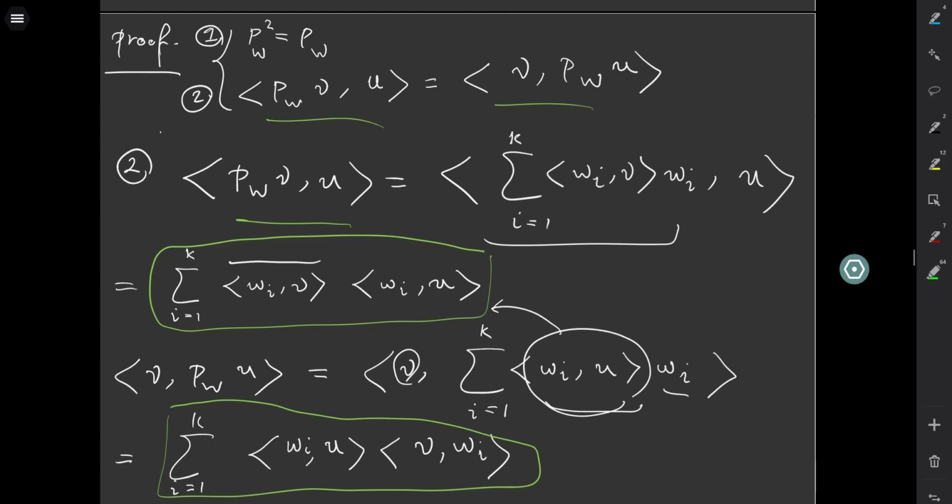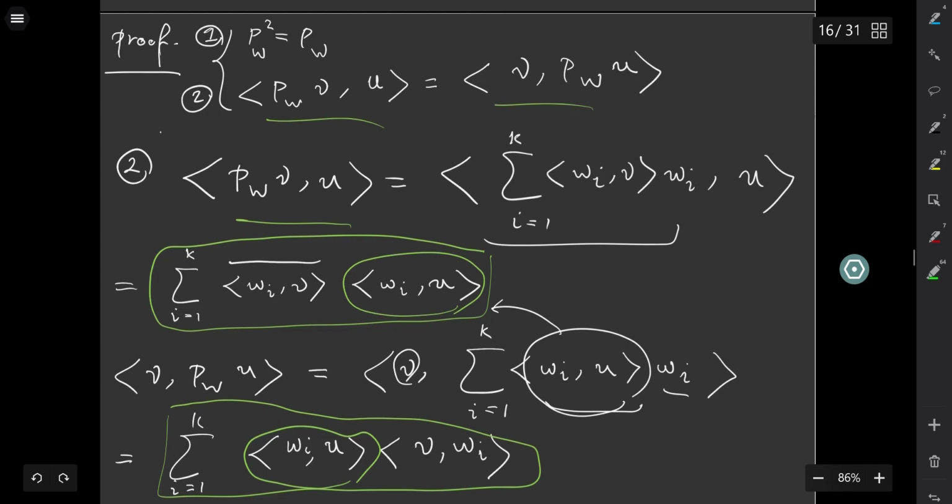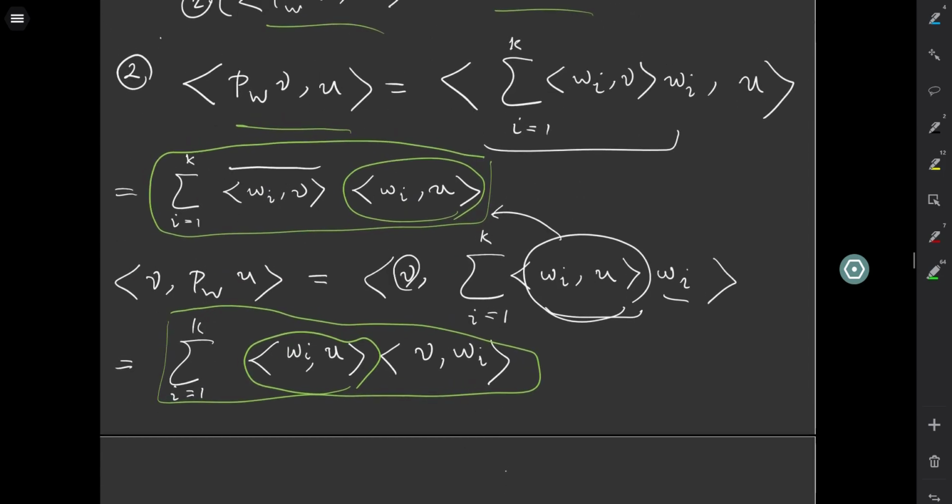Okay, let's just compare this. We have this in both of them, but also we have WI inner product with V conjugate. Here we have V and WI, so the order is changed, but we get a conjugation. So these are equal. So we have this, let's put this I equal to